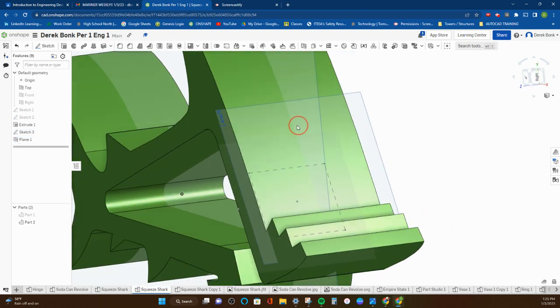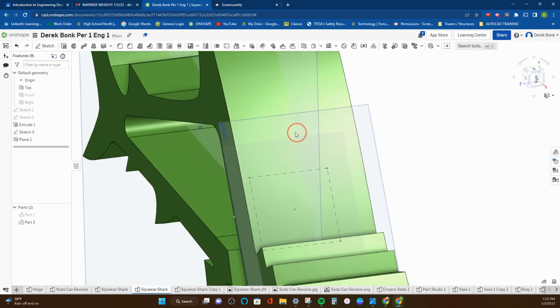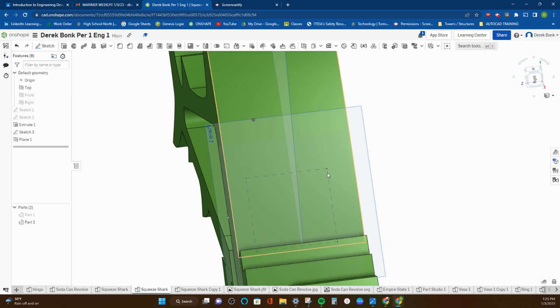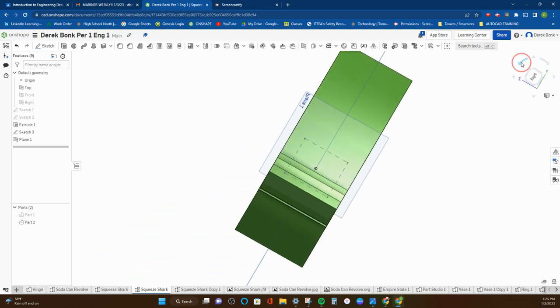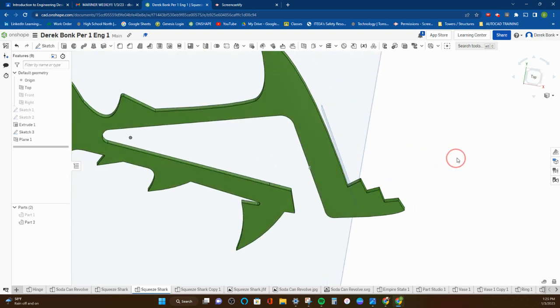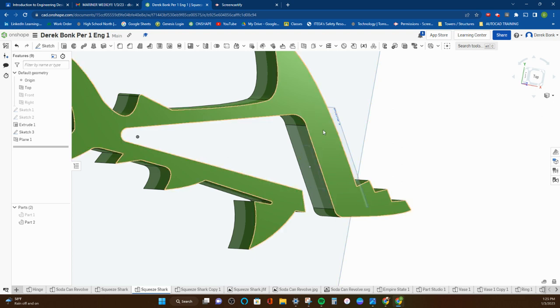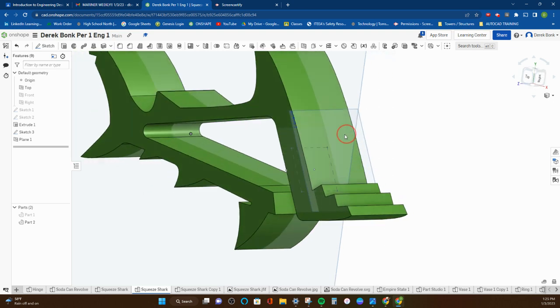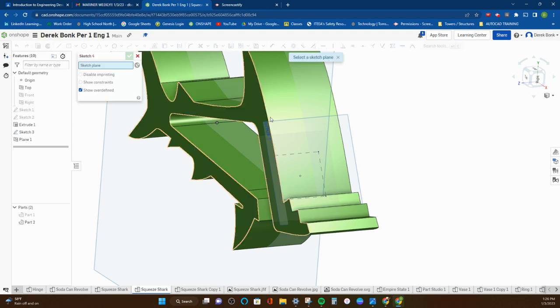Now, that dotted line represents the cut on the other side. And what I want to do is transfer that to use it and help out with the drawing. Watch this. Reorienting is a little tricky sometimes. You click on planes and you want to see things the way you want to see them. What I want to do is use this to help construct the slot on the other side. The one on the other side is going to have to be up a little bit higher, so this goes through at an angle. What I can do here is start a sketch,